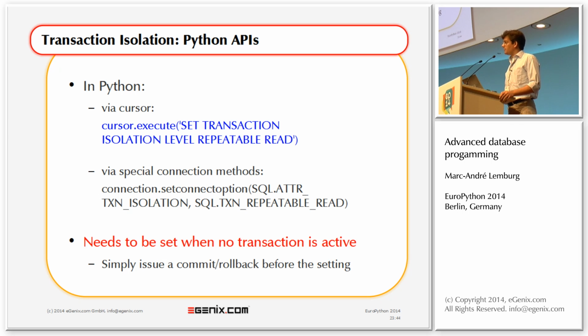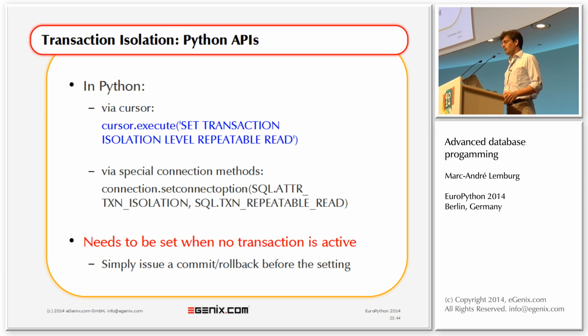So how do you do this in Python? There are two ways to do this. Well, actually there are three. You can usually have an option in the connection settings that you can set to set a default isolation level. But you can also do it dynamically in your application, and you can actually do it on a per connection basis. So you can have multiple connections to your database and different isolation levels. You can run a statement, set transaction isolation level, for example, or some database modules have special ways of